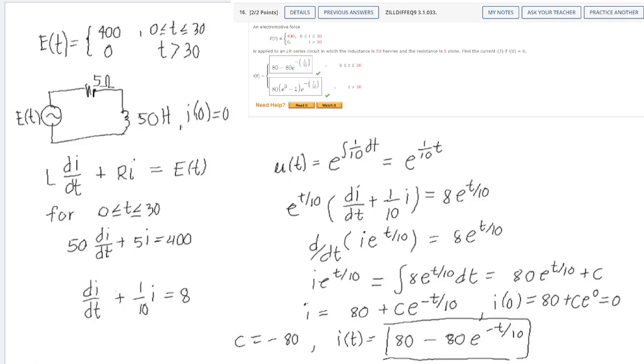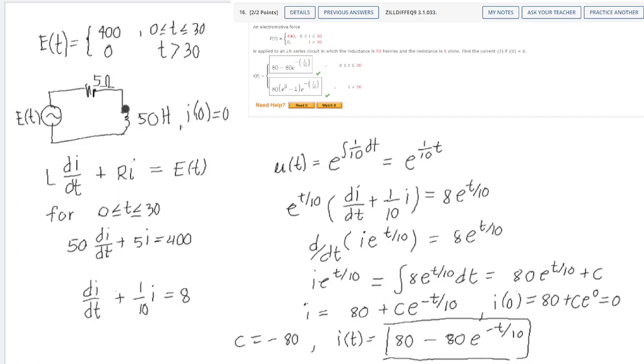In this video, we're given the value of the electromotive force. For time t between 0 and 30, we have 400. And for time t greater than 30, we have 0 as our electromotive force. Now, if this electromotive force is supplied to a series circuit with a resistance of 5 ohms and an inductance of 50 Henry in series,